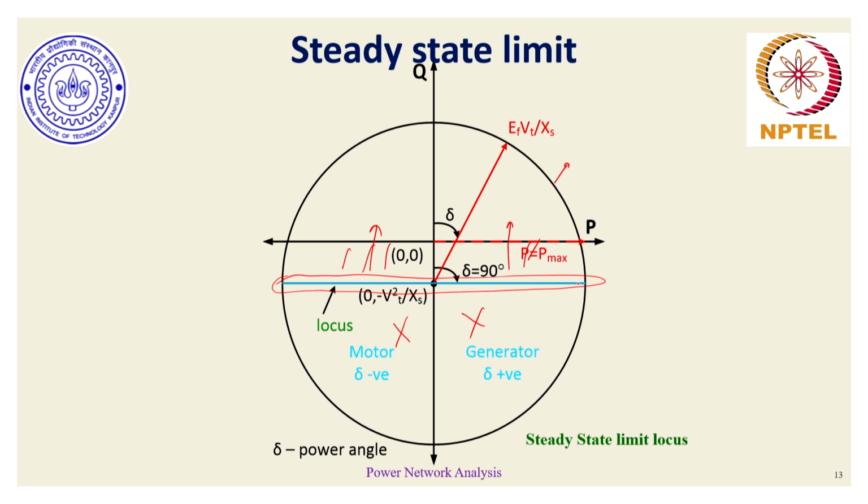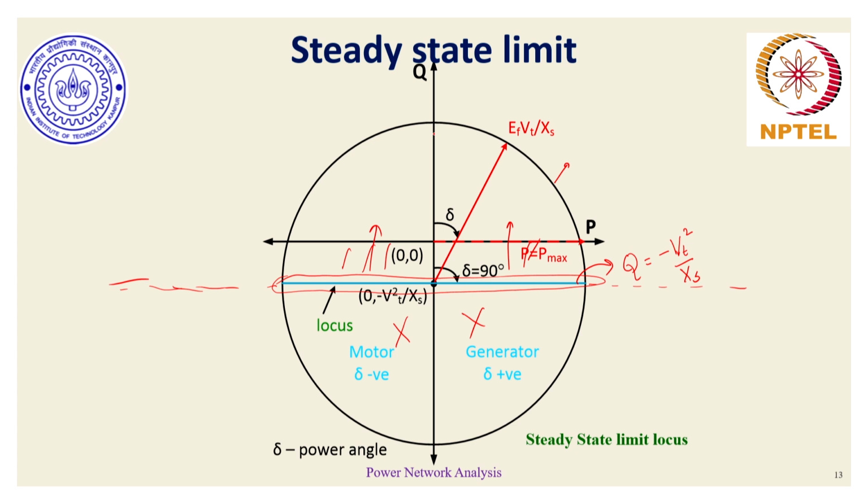So if we have to write the numeric equation for this blue line, it is nothing but Q is equal to minus Vt square by Xs. This is a generic line which can extend beyond these blue line. The blue line is getting limited by the fact that a synchronous generator has to abide by all limits at a given particular point. So this blue line is a fraction of this dotted line limited by the steady state limit,